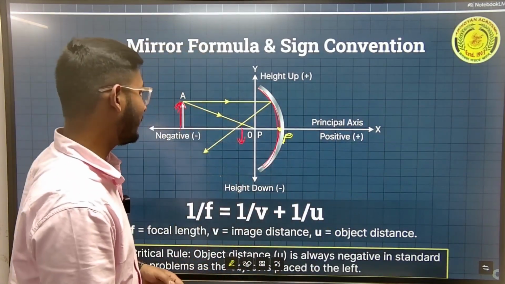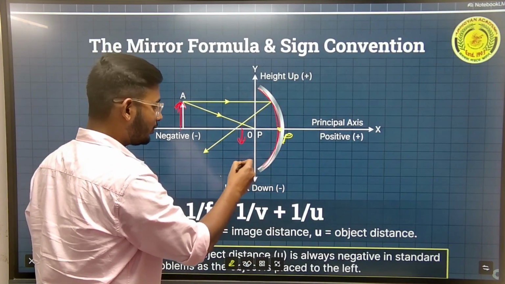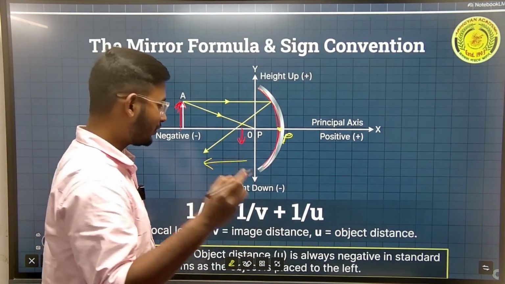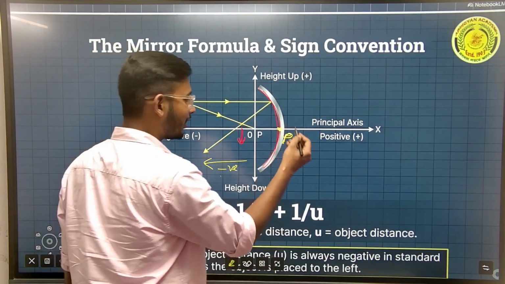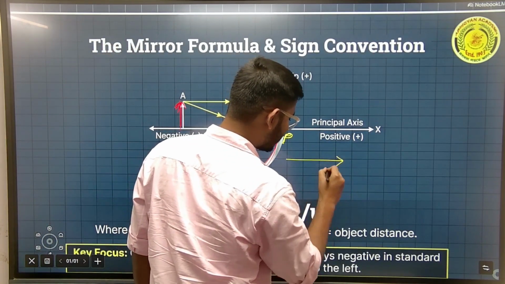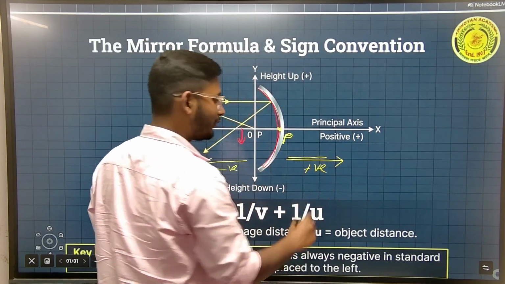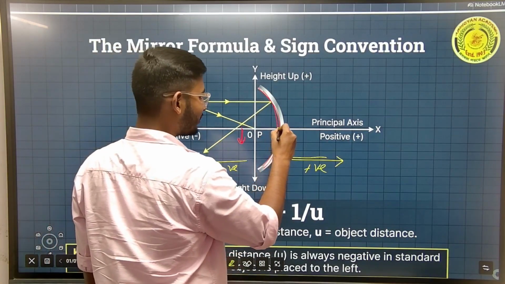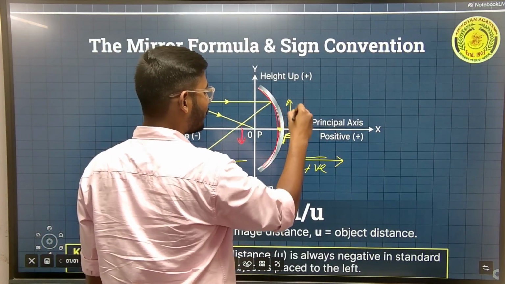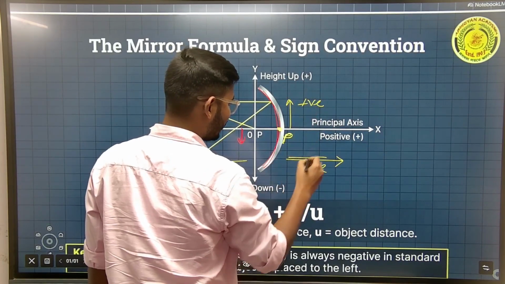Remember that. The distances calculated towards the left side of the pole are always negative. And the distances calculated to the right side of the pole are always positive. And the distance calculated upwards to the pole is positive,